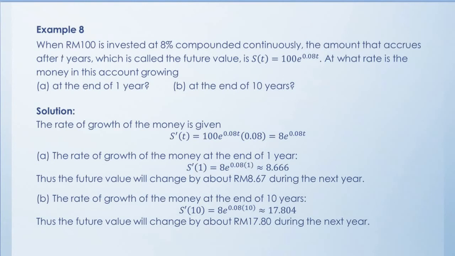Now application questions. When 100 ringgit is invested at 8%, compounded continuously, the amount that accrues after t years, which is called the future value, is x(t) equal to 100 exponential power 0.08t. At what rate is the money growing at the end of 1 year? Since we know that the growth rate is equal to 100 multiplied by exponential power 0.08t,